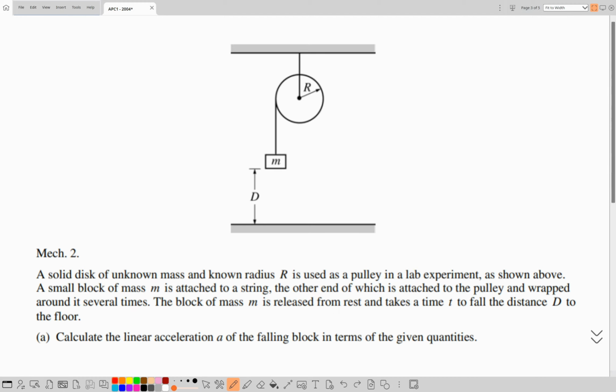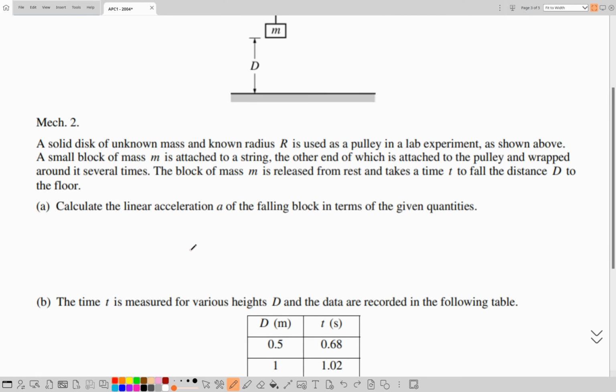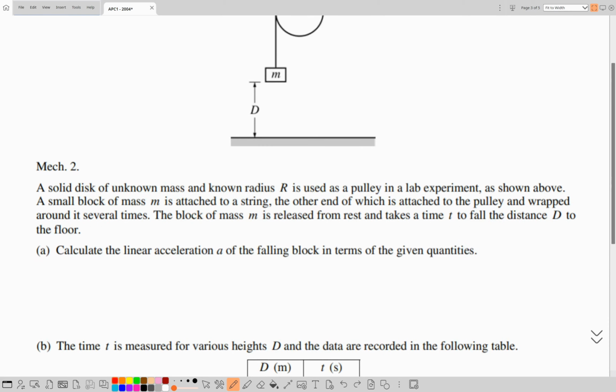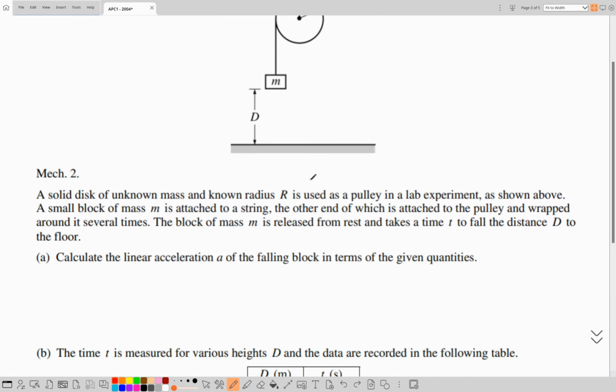to the floor. Now, in part A, they're telling us to calculate the linear acceleration a of the falling block in terms of the given quantities. We know that a is accessible either from dynamics or from kinematics, basically because they have mentioned the time and the distance. So we can indeed determine the acceleration of the block in terms of the given quantities by utilizing the vertical